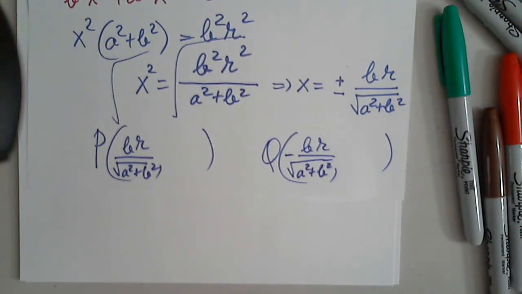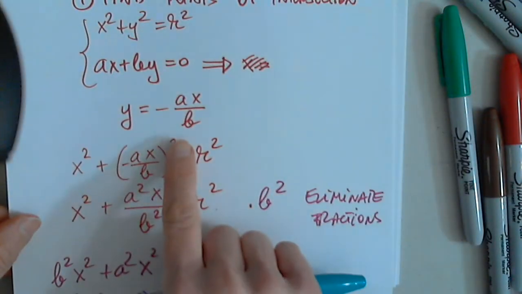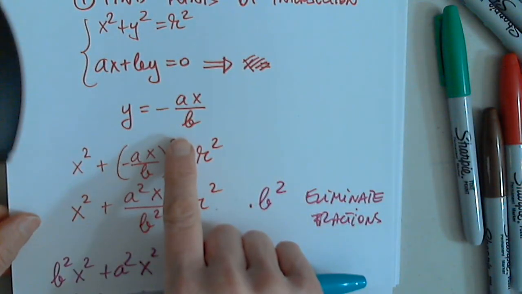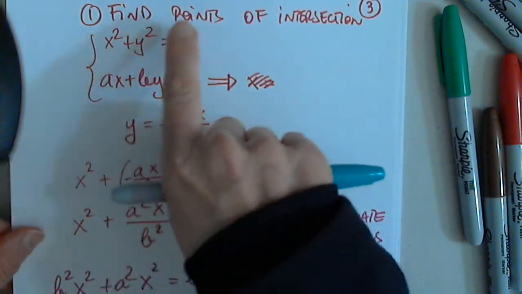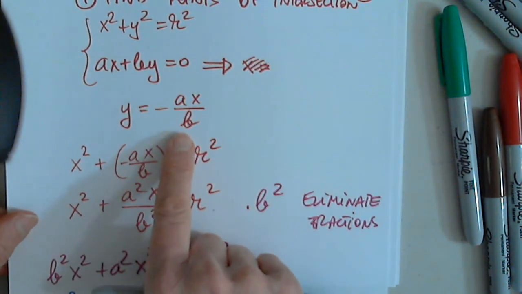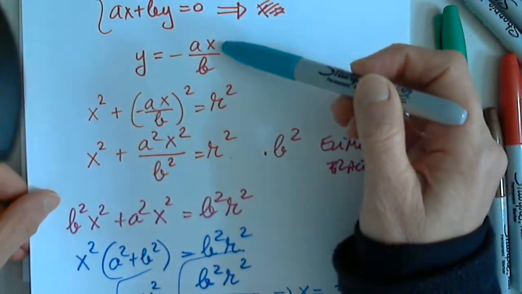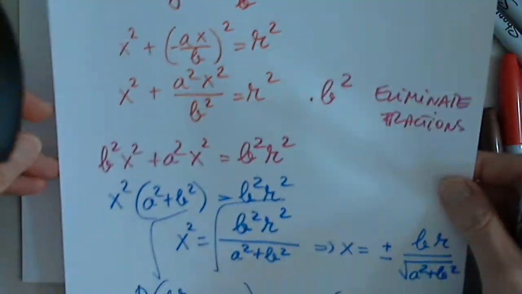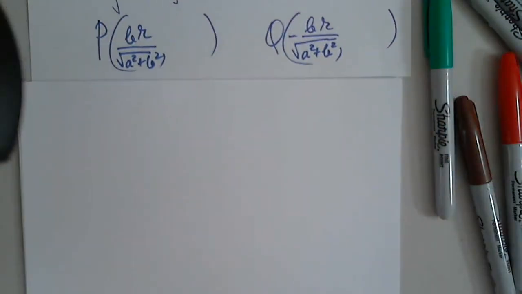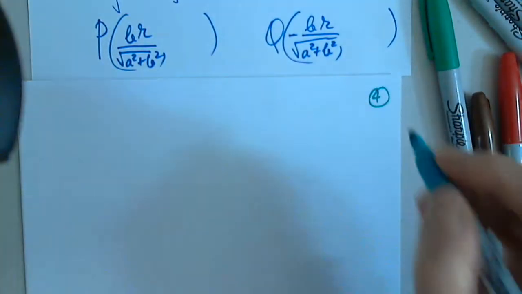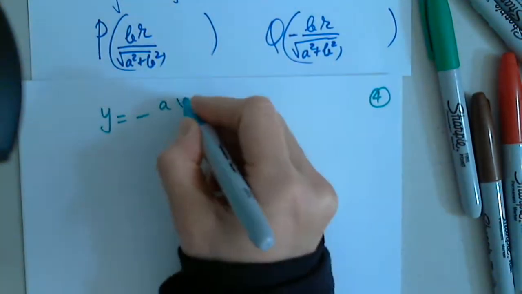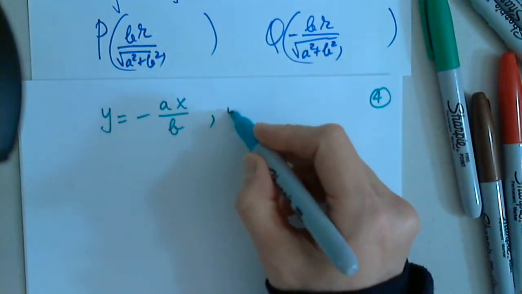We are getting there. Anyone? You should plug x back into one of the equations. Right? I don't want to go back there. Oh, no, no, no. I want to go back here. So then the y value will be x multiplied by negative a over b. Okay? So let me write it here. I'm going to copy it. So y equals negative ax divided by b. So therefore, y will be